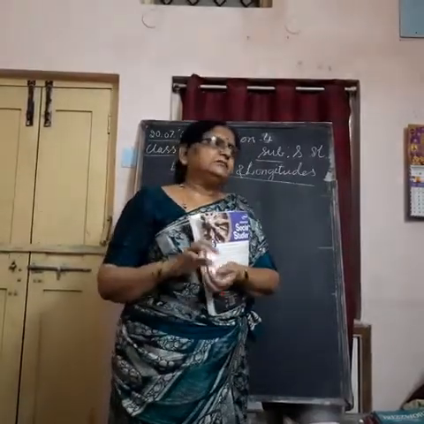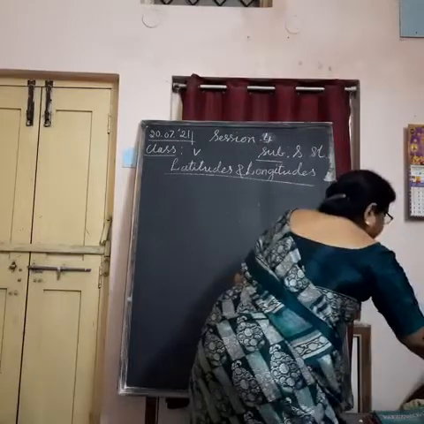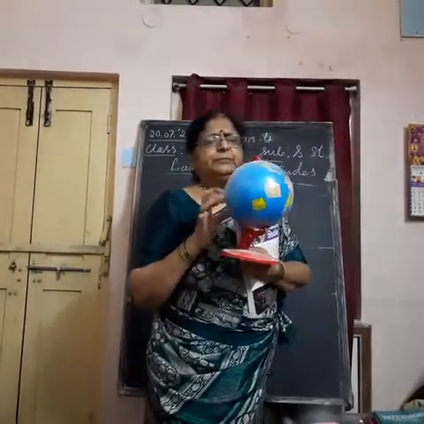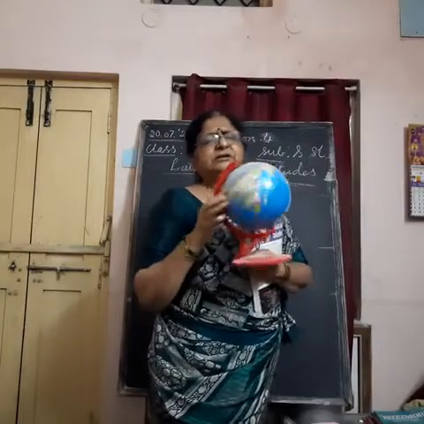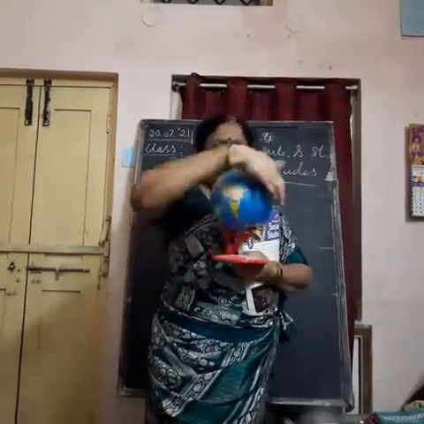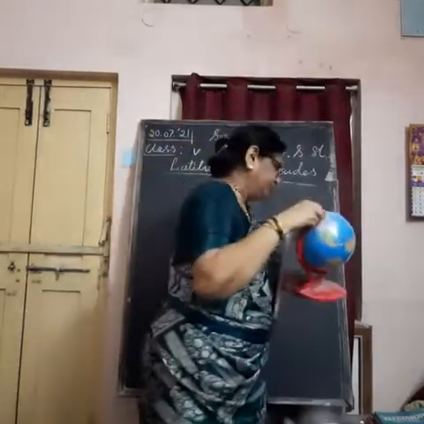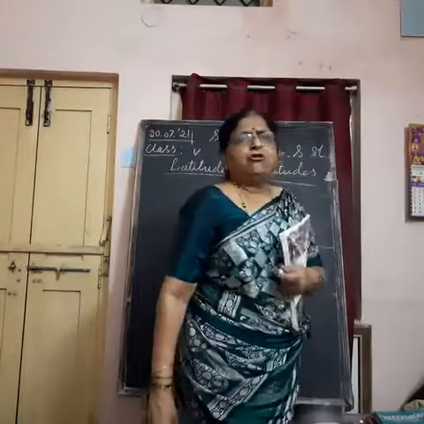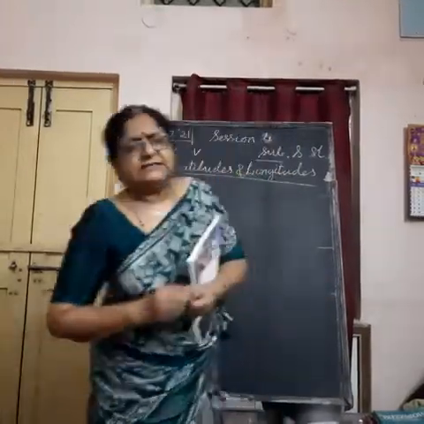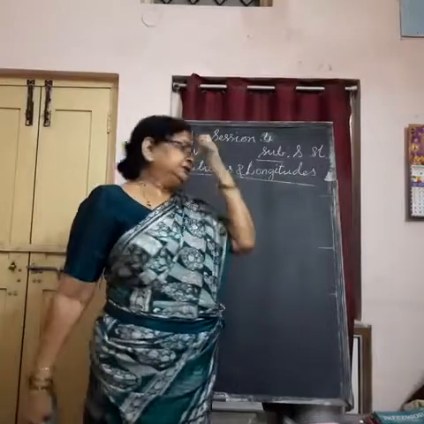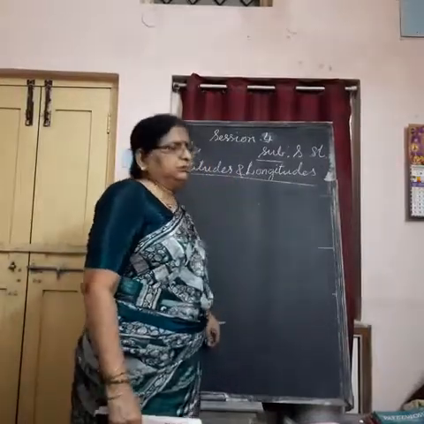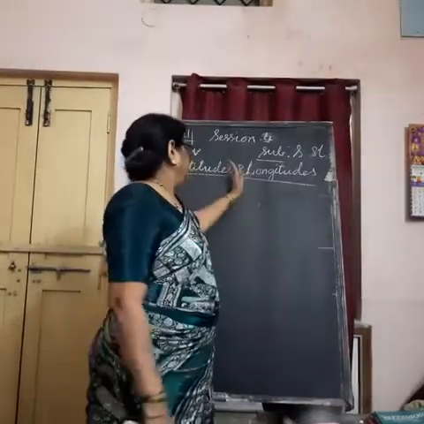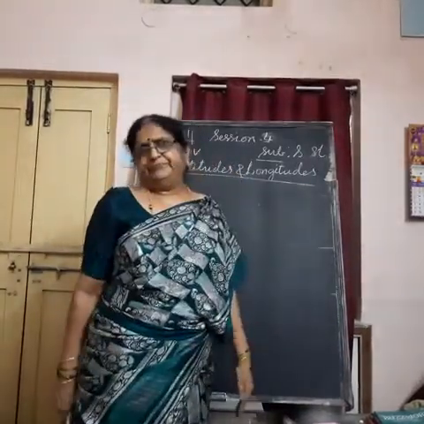And earth doesn't remain the same. Earth keeps on revolving, going round all the time. It goes on moving, and it moves on one more imaginary line called an axis. This axis is also an imaginary line. It is drawn from north to south vertically. It joins the North Pole and South Pole through the center of the earth.